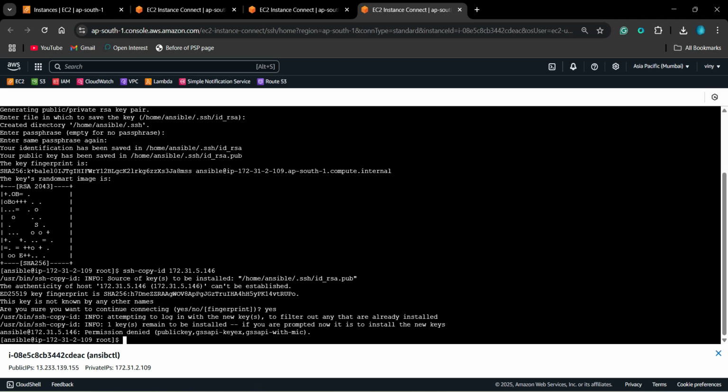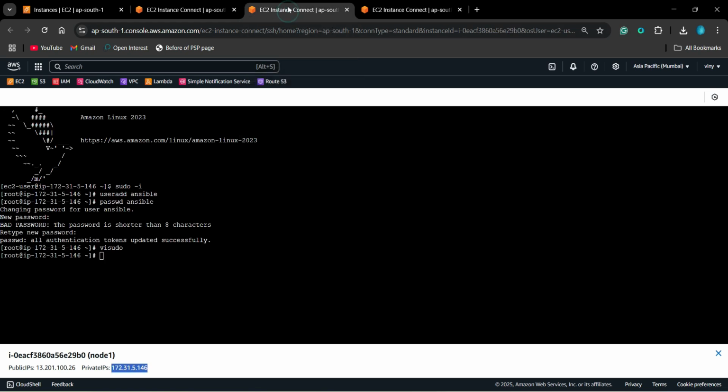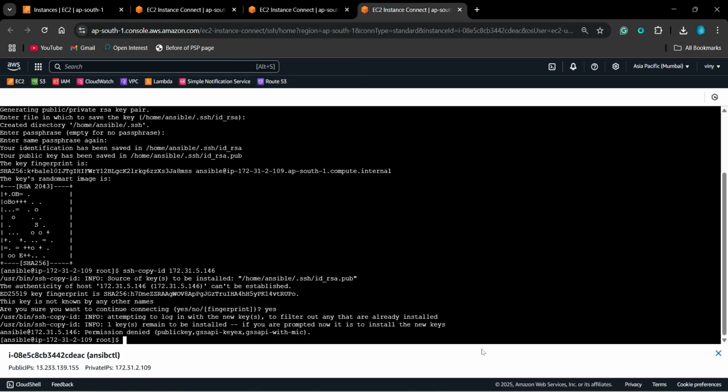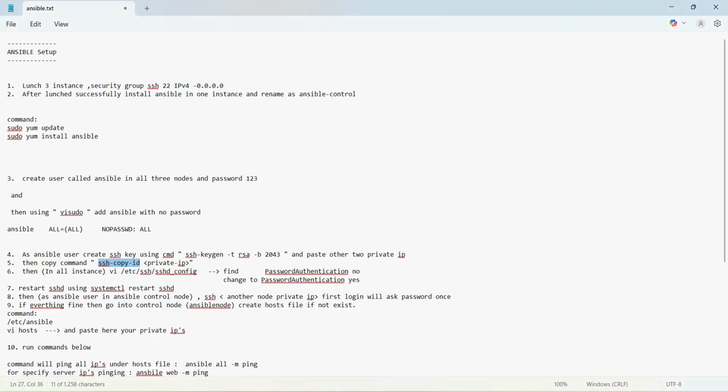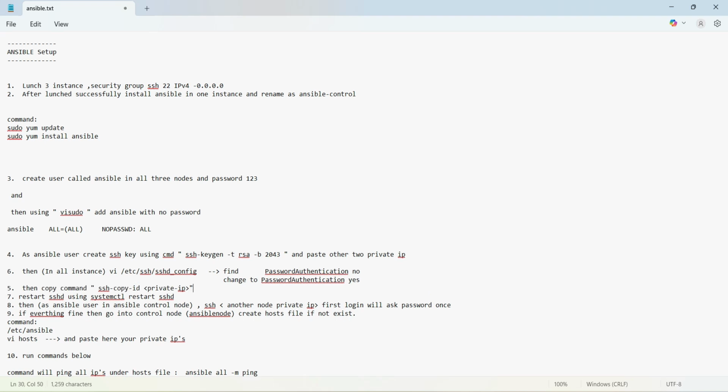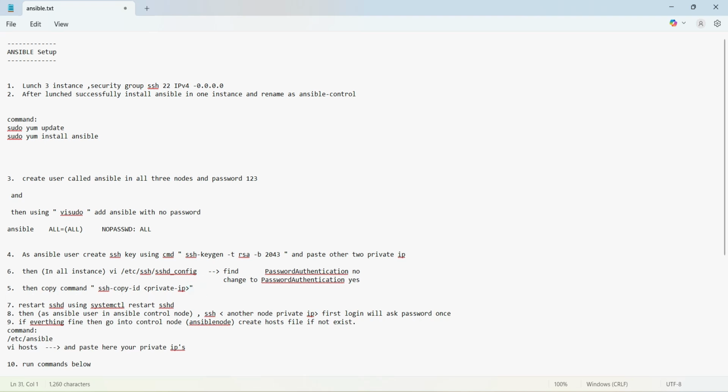We are getting denied. Why are we getting denied? Because we have to enable it first. Actually, this step should be the upper one, and this should be at the next step. I supposed it might work, but it is not working. So the next step is just the next one.